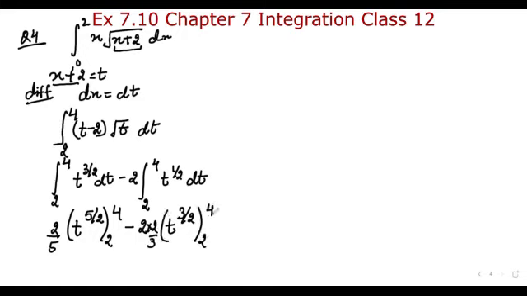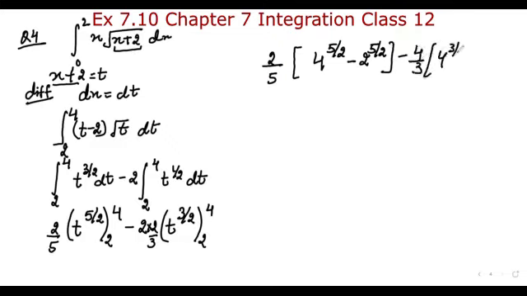So I have to solve it. Just see carefully how to handle the powers in fractions. So first, 4 in place of t, it is 4 power 5 by 2 minus 2 power 5 by 2. Like this, minus 4 by 3, and this will also be 4 power 3 by 2 minus 2 power 3 by 2. So to handle these fractions, first try to understand, when something upon 2 is written, it means square